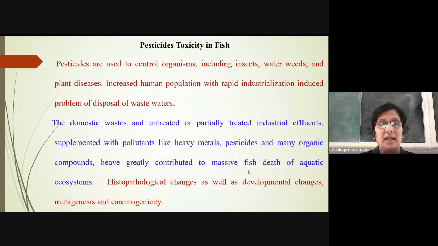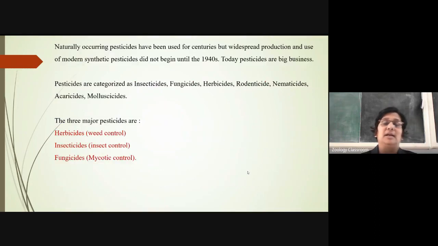That is the lethal effect. So when they affect the body of the fish through the environment, the lethal effects are seen. Okay, so next, those are the naturally occurring pesticides. These have been used in many countries, but the widespread production and use of modern synthetic pesticides did not begin until 1940. Okay, so today